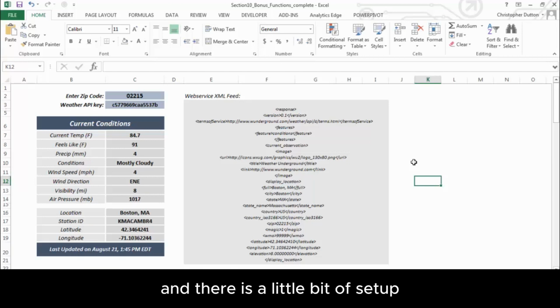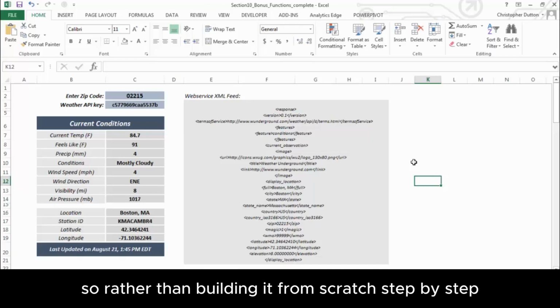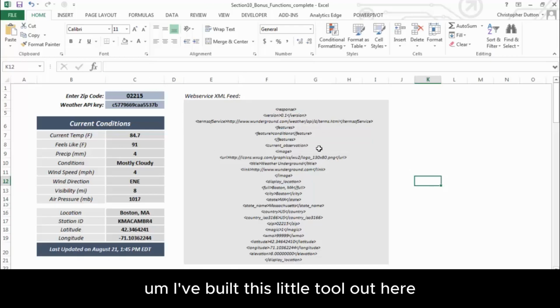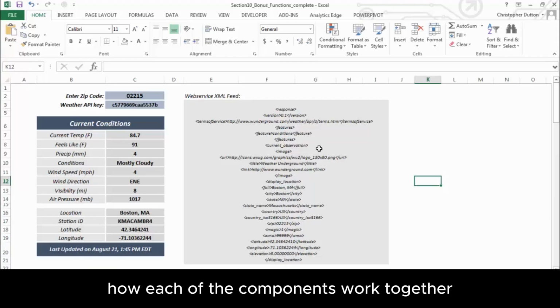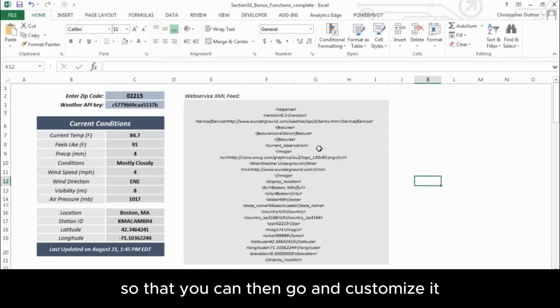And there's a little bit of setup that needs to take place. So rather than building it from scratch step by step, I've built this little tool out here. I'm going to show you how it's built, how each of the components work together, so that you can then go and customize it and build something similar on your own. So for this